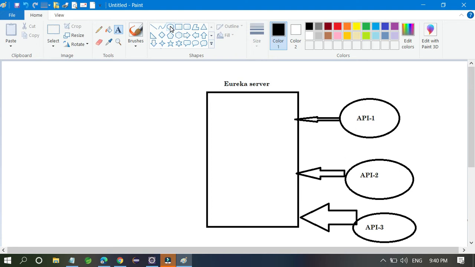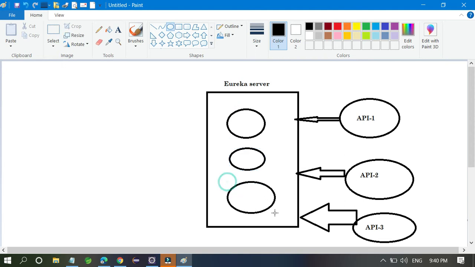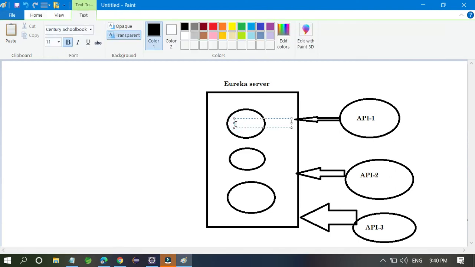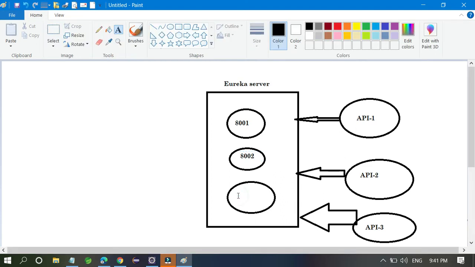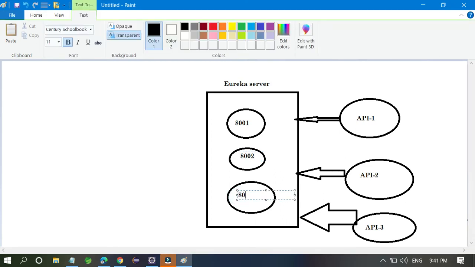You register all the APIs here on different port numbers. For example, this API port number is 8001, this API port number is 8002, and this port number is 8003.